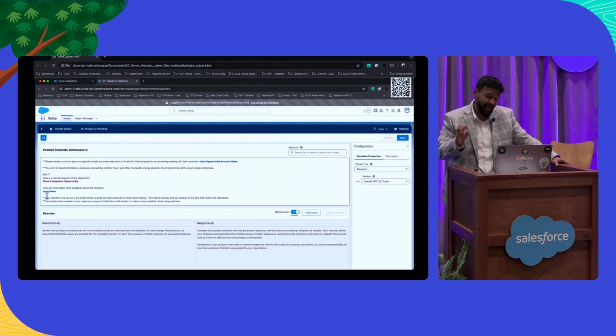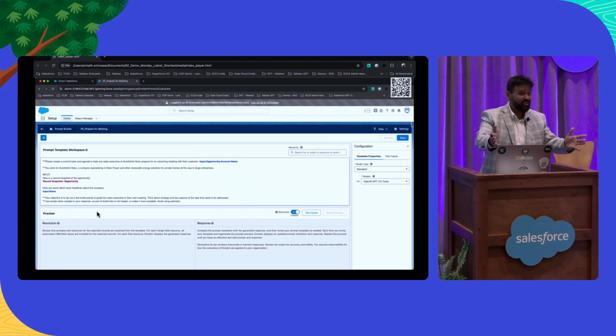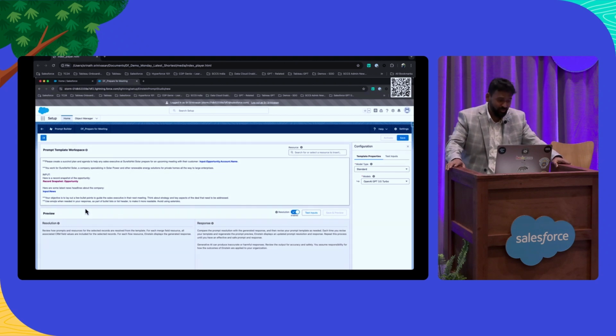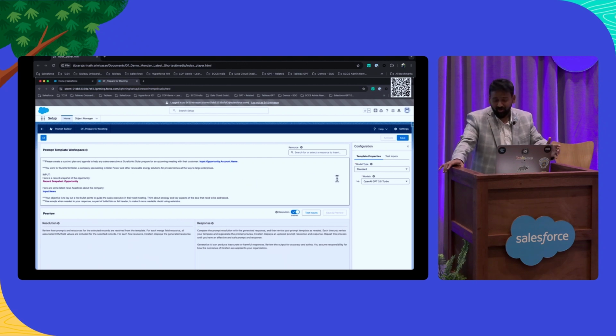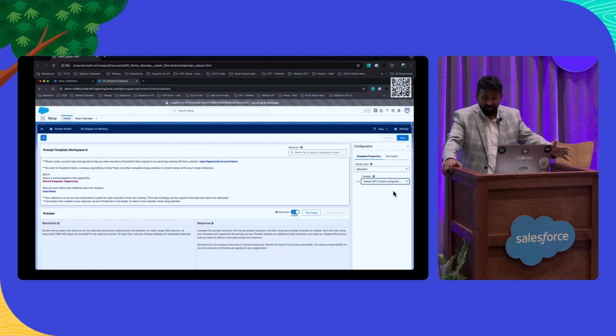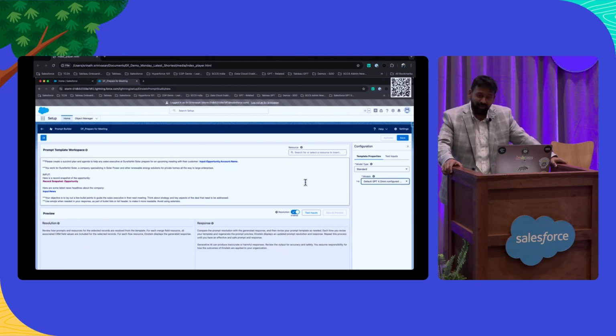I'll go ahead and add my post-prompting instructions. These are going to be things such as make sure the formatting is right, make sure that everything looks good. If you want to use emojis, make sure that you lay them out in bulleted points. Whatever my pet peeves are, I'll throw them there. Once we have this, we can now go ahead and select the model that we want to use. I'm going to go ahead and use our default GPT-4 model, and then I'm ready to test it.